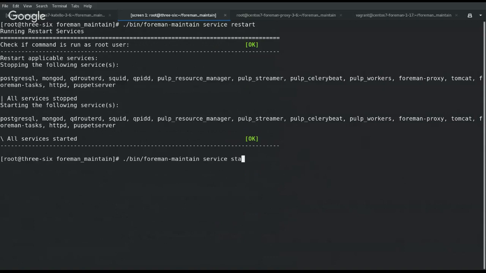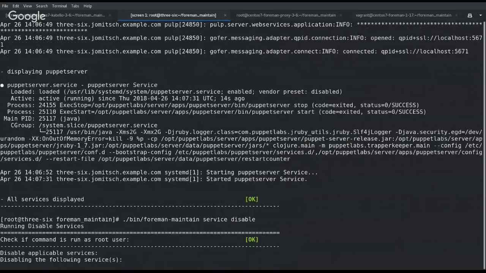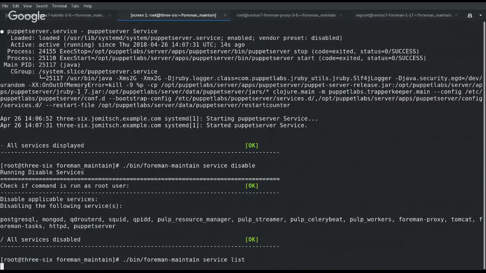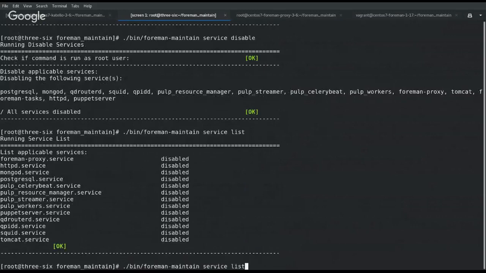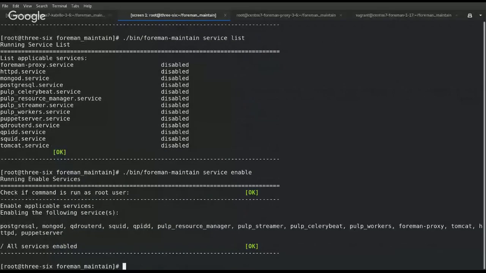There's service status, which is just going to go through and get a systemctl status basically on each service. There is service disable, just going to disable your services, and then service list, which shows the status. Service enable. We can list again,